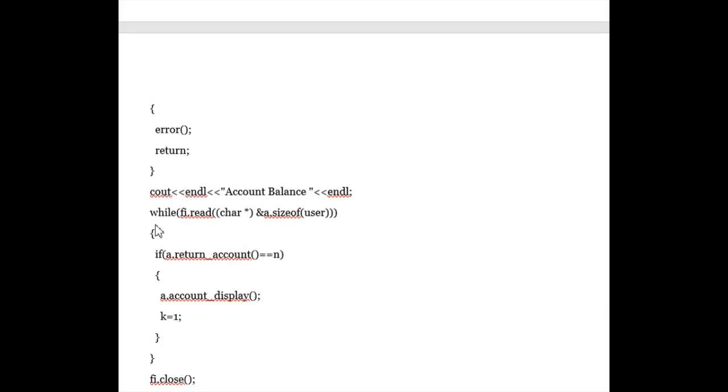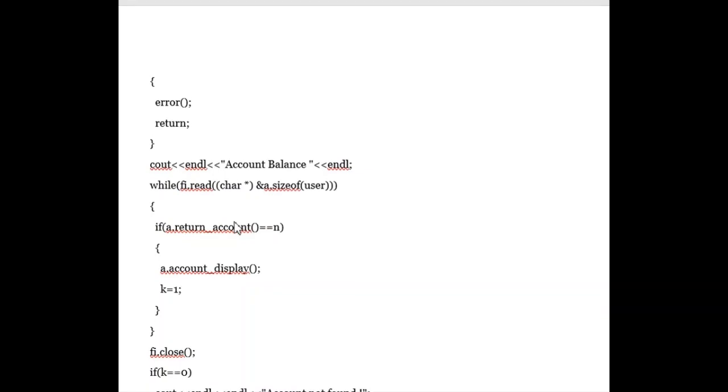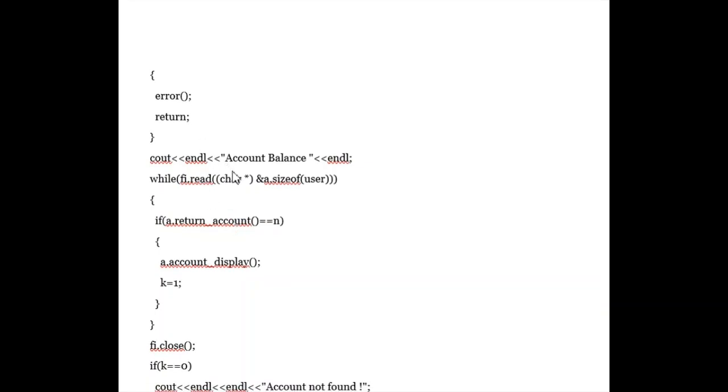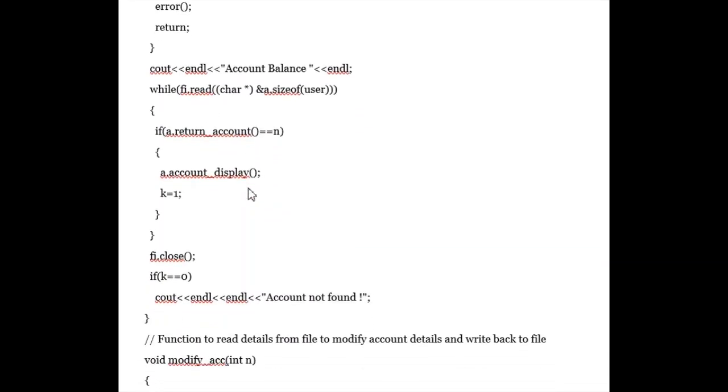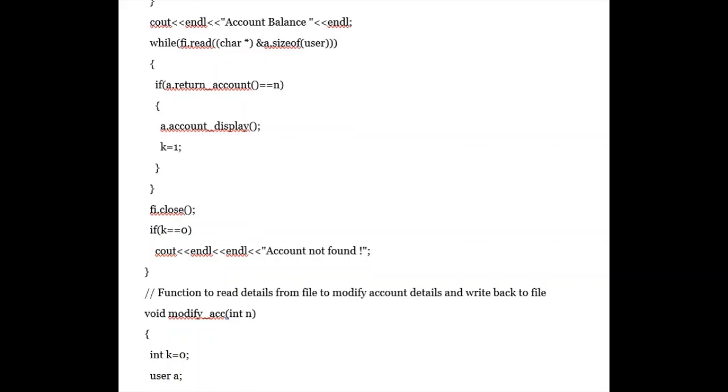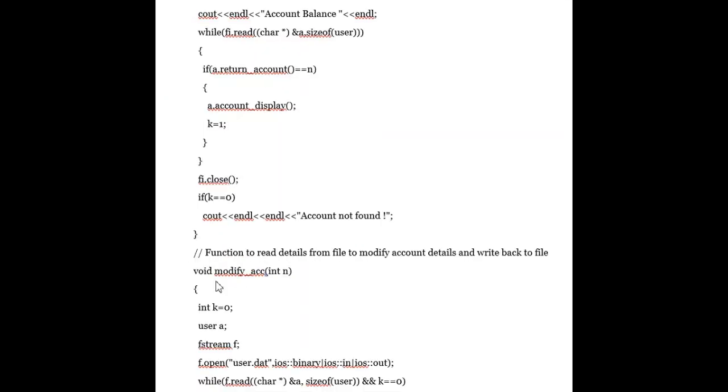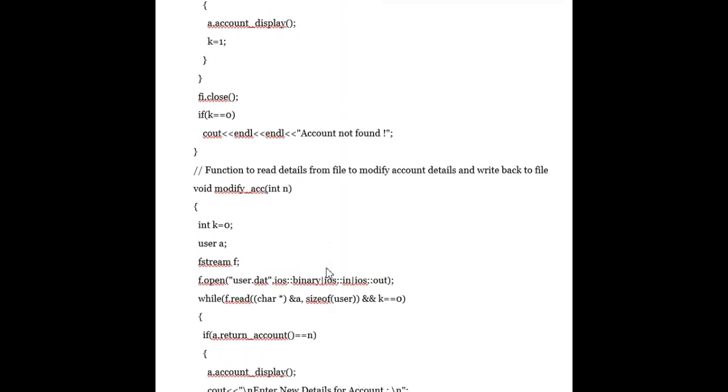So here we'll check if the file exists, and if the file doesn't exist then the error message is displayed. We have used basic error handling here. We have used the void modify function to read details from the file to modify account details and write back to the file.